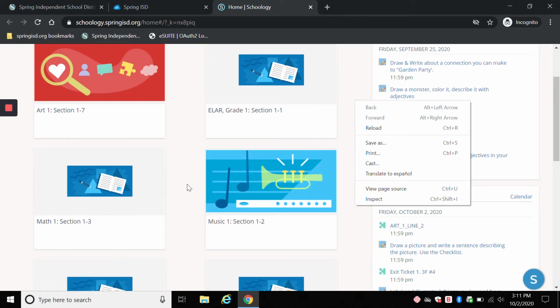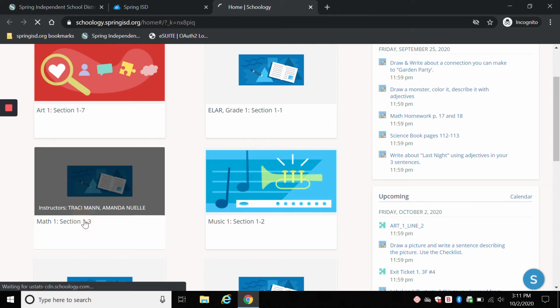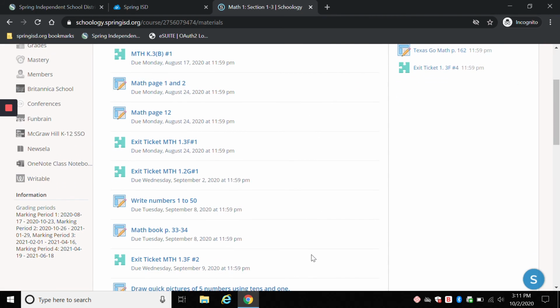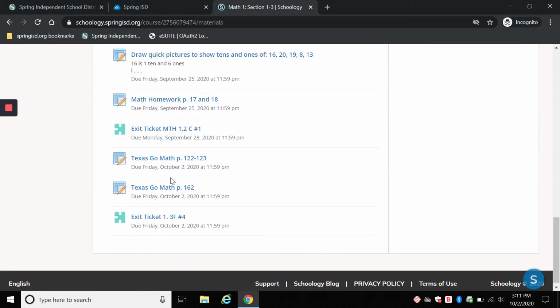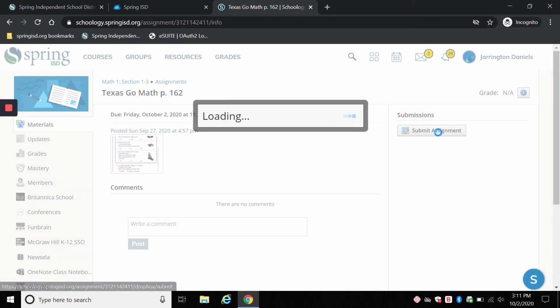If I wanted to submit an assignment for my child in the math section, for example, I could click on math. I can scroll down to find the assignment. So let's pretend I was going to submit something for this Texas Go Math. I could click on the assignment name, and on the right side of the screen is the area for Submit Assignment. If I were to click Submit Assignment,